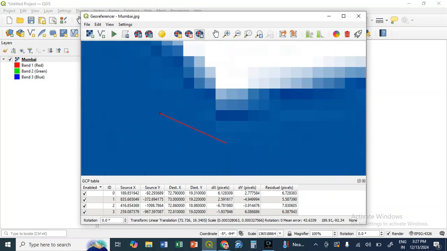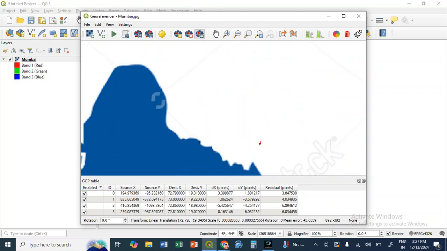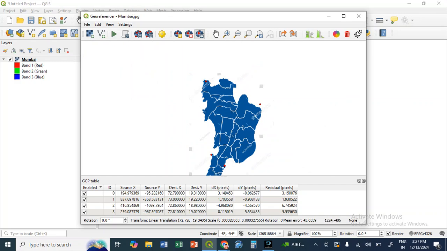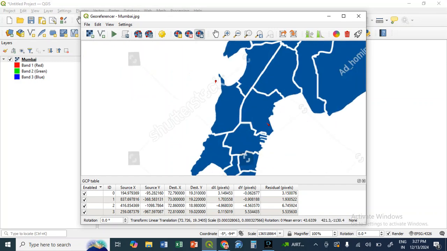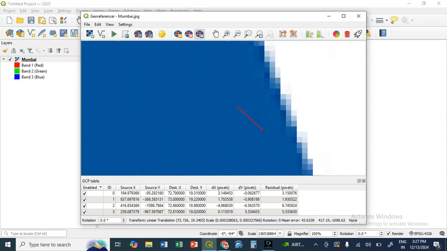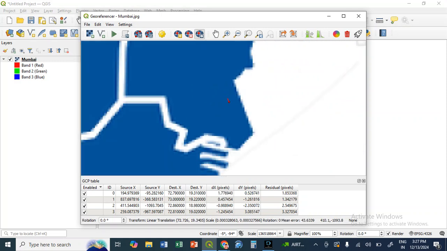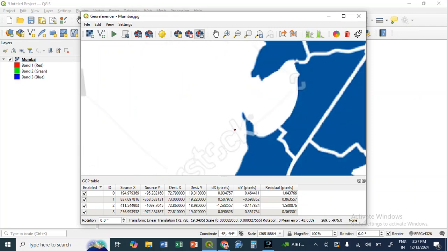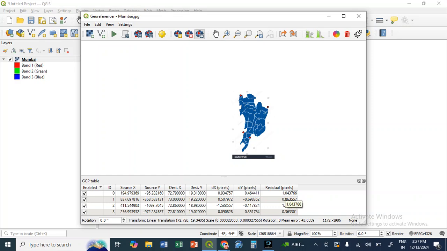Again, I start with my first point, then my second point. Now, don't worry if it is going outside the map, that is absolutely fine. It is not just giving the coordinates to the map outline, it is binding a box. So, it's absolutely fine. I'm moving my third point, and now I move my fourth point. Now see how much is my error. Now it has come down to 10, 10, but it has to further go down.